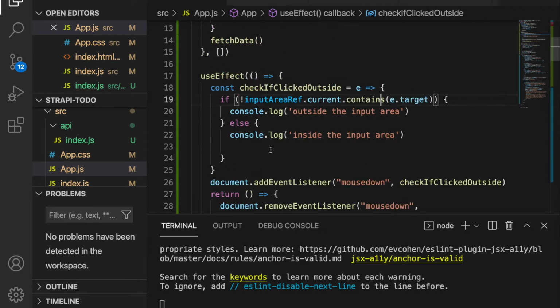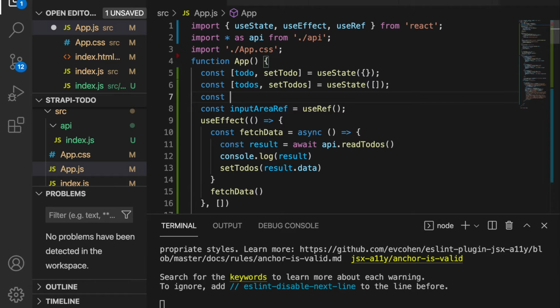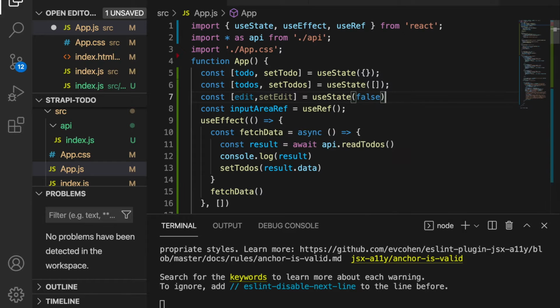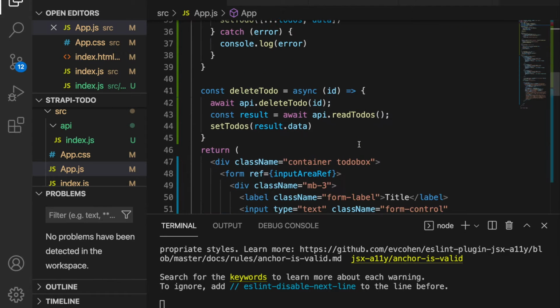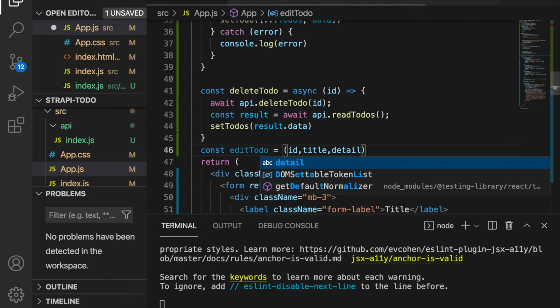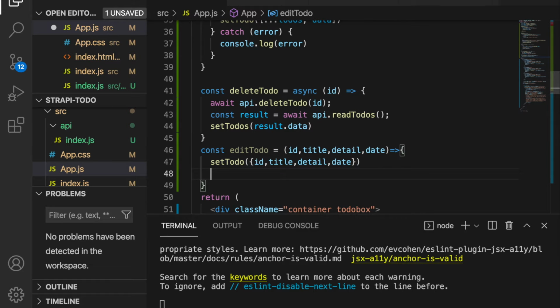So now we're back to our project, and first of all we have to create another state so we can know whether this is edit mode or not edit mode. So we use useState, and by default we set this as false. And now under here we create editTodo, and we just need to pass the ID, title, details, and also the date, and we need to set the todo, and then we set edit